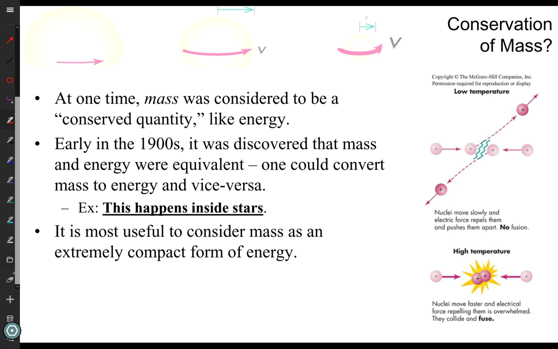It is constantly converting mass into kinetic energy. And so we now understand that mass is just another form of potential energy. We call it the rest energy, the energy associated with the mass. And it was in 1905 when Albert Einstein proposed this, that mass is just a form of energy. And you can take energy and make more mass.